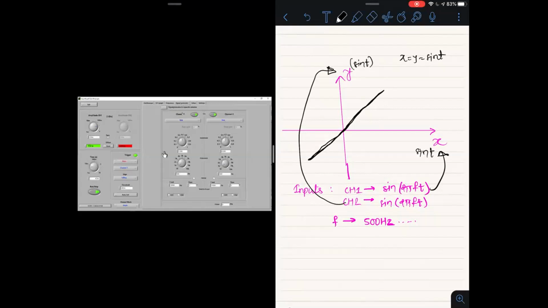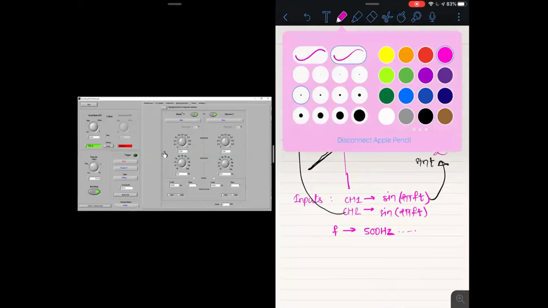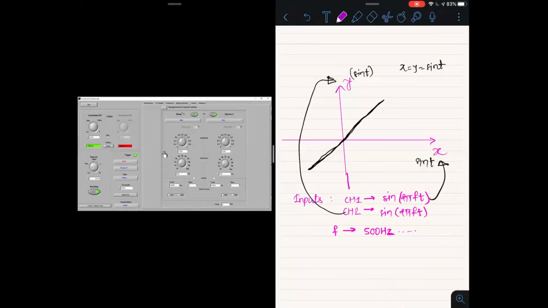The reason we are not able to see the straight line is that we are using our software to generate those signals, to generate the sine wave on the different channels. But one should always keep in mind that this software works in a digital domain, basically it works on a clock.